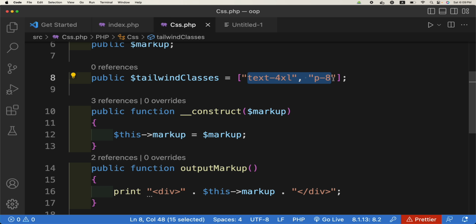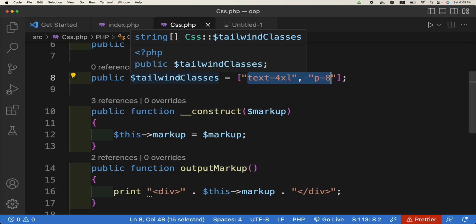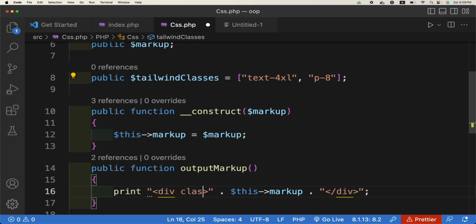So how can we convert these two classes to a string which we can use here,